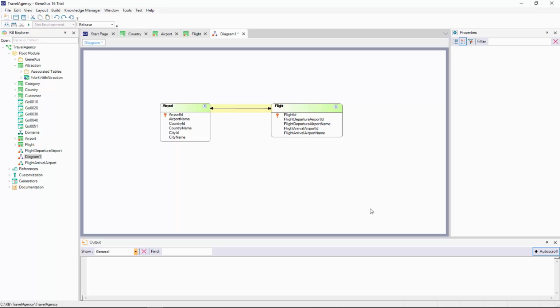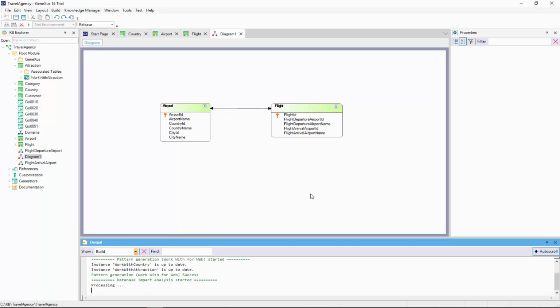We can see that now, Genexus does draw an arrow between the transactions. It considers the subtype identifier attributes of airport and flight exactly as if we had referenced airport ID. We can see that Genexus has found the relation between flight and airport. Note that even though in Genexus there's only one arrow in the diagram, technically there should be two. Let's see how all this functions. To do so, we press F5.